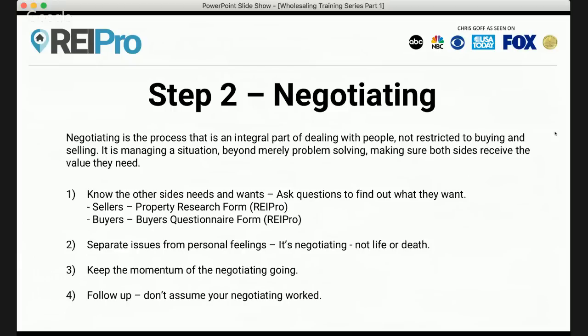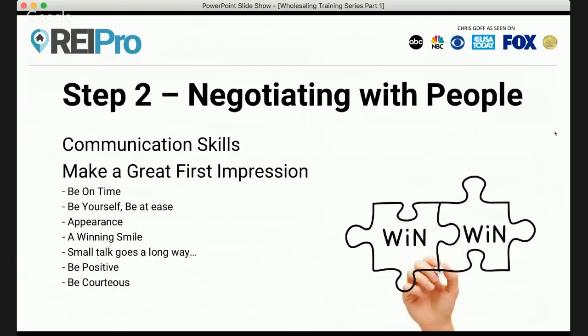And that was the last phone call I ever got like that. It was my worst call, and it was my first call. Keep the momentum of negotiating going. Always follow up. Don't assume. And people ask,